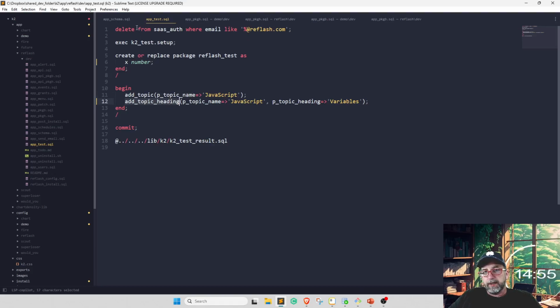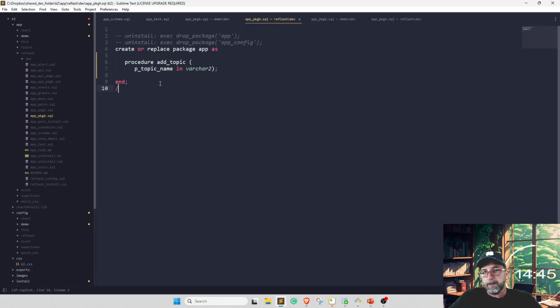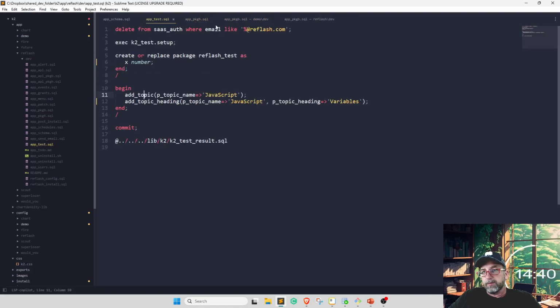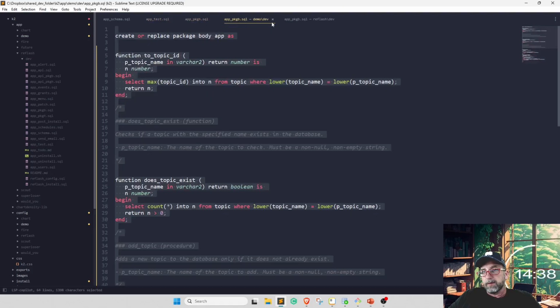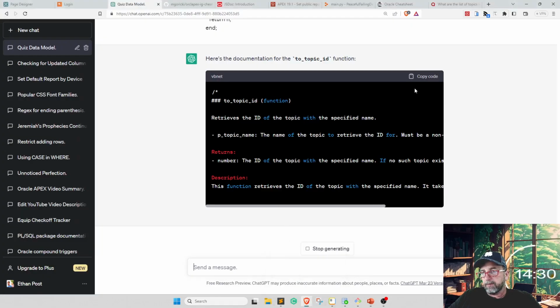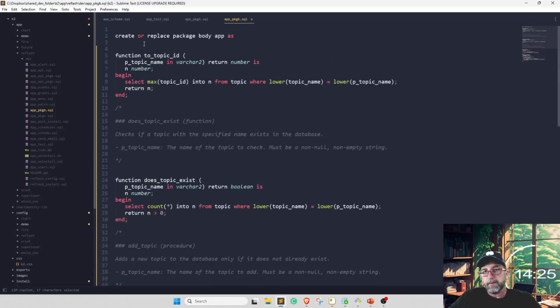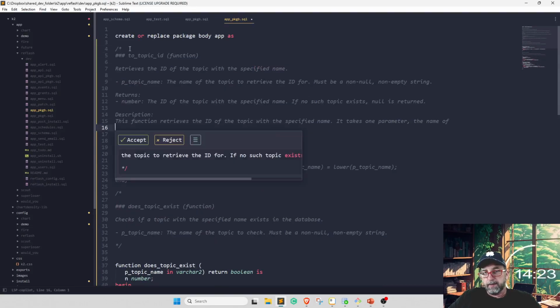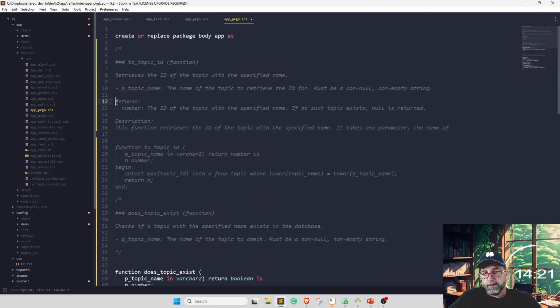For now, we'll leave it this way, add topic heading. So it does create the topic heading, but it doesn't exist, so technically this is not required. That is the way we've got it working. Okay, we need to close you. Let's see if ChatGPT came back with anything. Here's our, still working on it, but I'm going to copy that code, go up here to our topic ID, and we're just going to get rid of all that.